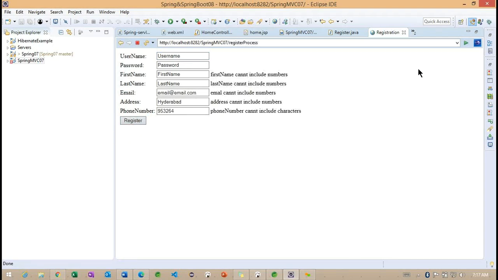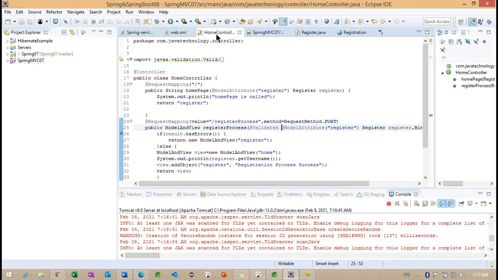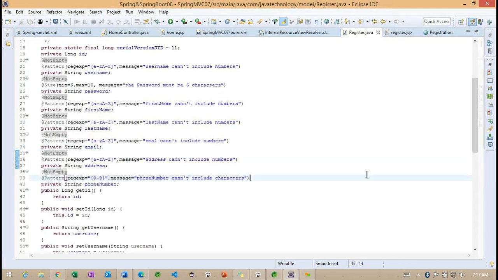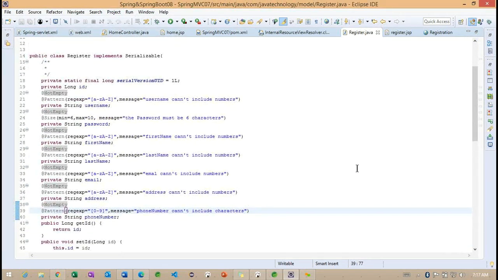Okay. So how exactly is it working internally? Not empty, not blank.